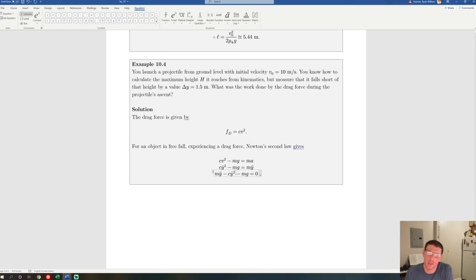But this is a differential equation, and it's not even linear because we have a derivative being squared here, right? And this is tricky mathematically,